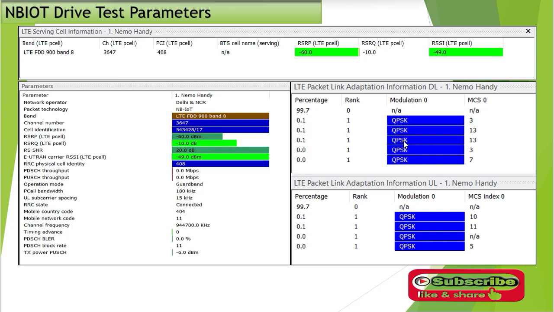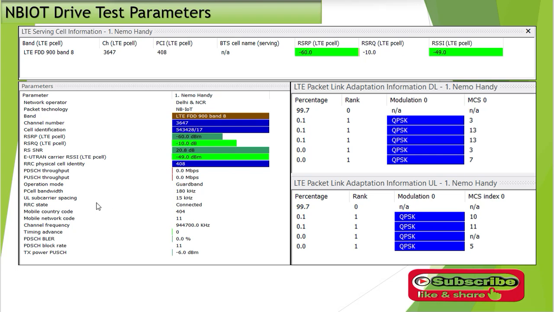And what is the bandwidth used for NB-IoT, so you can say 180 kilohertz, and the subcarrier spacing used is 15 kilohertz in downlink and uplink, and for uplink 3.75 kilohertz also. Okay, for single tone. Okay, and the maximum speed is up to 250 kbps, and uplink speed is higher than downlink speed. Okay, and NB-IoT is cheaper than LTE machine.